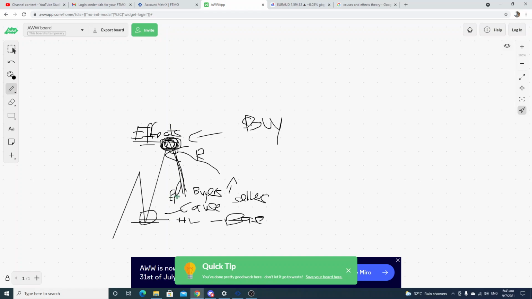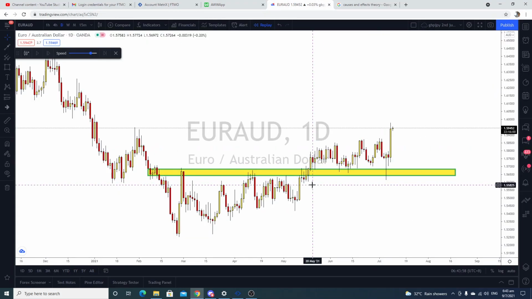So once this effect has happened, same story again. Cause pushes price up. This is the effect. And then price goes down here. This is the cause. Then price goes up here. This is the cause. Price goes down here. This is still the cause. Okay? Then in this case, it's a sideways. So you must know about cause and effect. Let me show you an example.